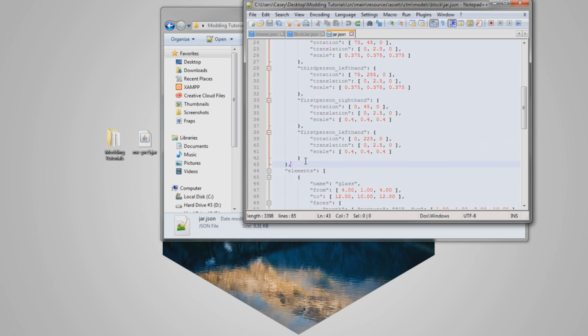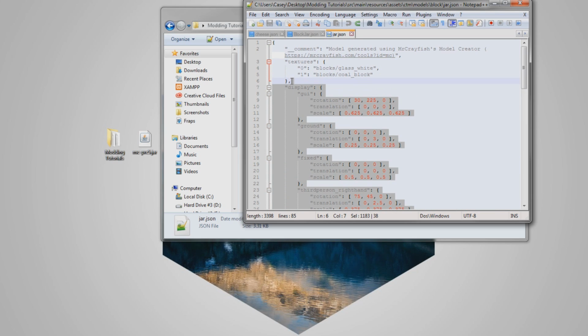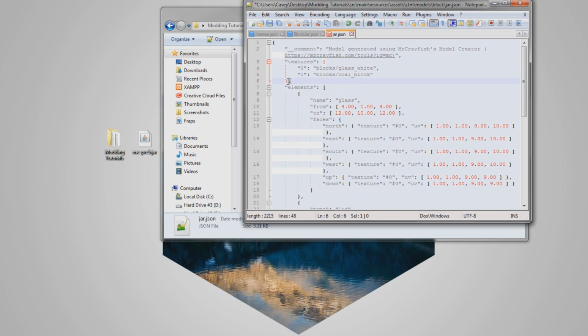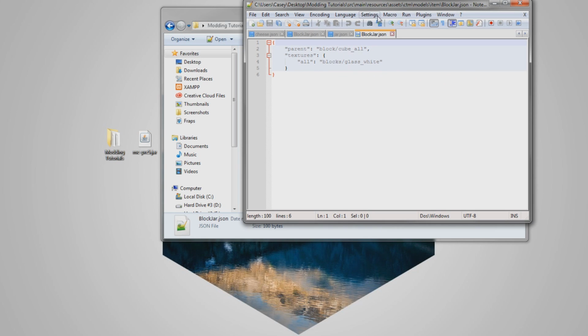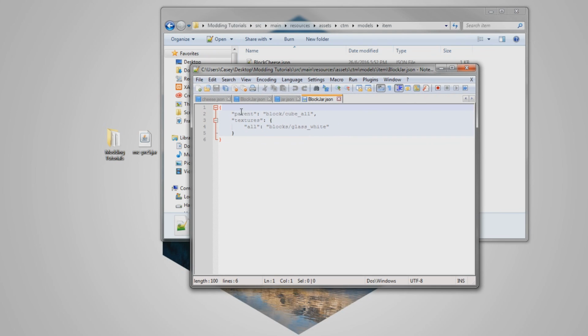Oops. Let's go ahead and get rid of that, up to that comma there. Don't get rid of that, because we've got another object down here. We're going to get rid of that, save that. Then go back to your models folder, item, and then we're just going to double check if this is all good. And we need to make sure we link this here, the parent